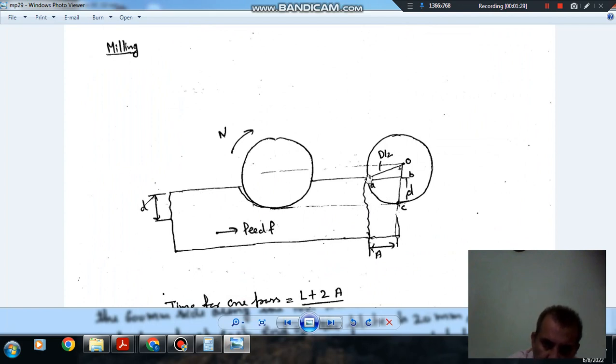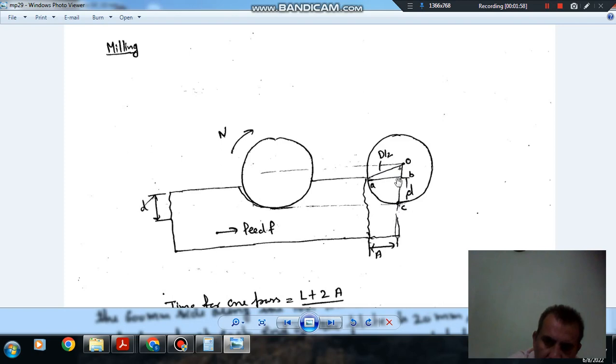is the initial point of the slab or point of contact of milling cutter and slab, and this is the depth d, and this is the radius of milling cutter. So from this radius D by 2, and this depth we calculate OB. So OB is your D by 2 minus d, and this is your D by 2. So